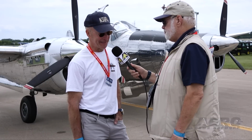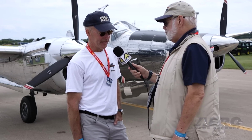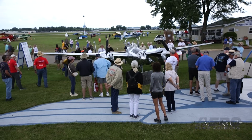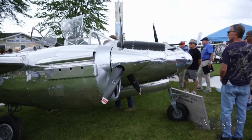I am so honored to be wearing my Uncle Jim's hat. Well, it's my hat now. And be pilot in command of his, and it's mine now too, and his dream of his 2/3 scale P-38 Lightning, and to have here in my hand the letter from Tom Boberesny from 2009 where he invited him to be,